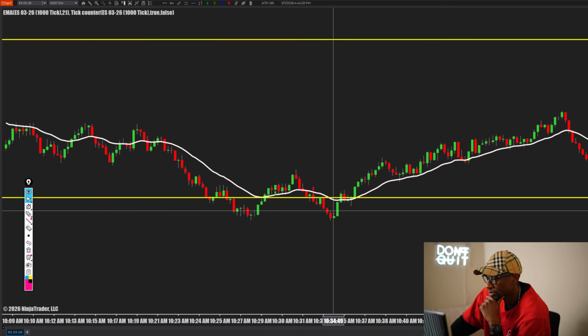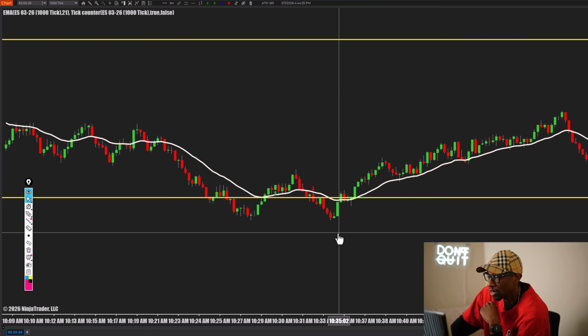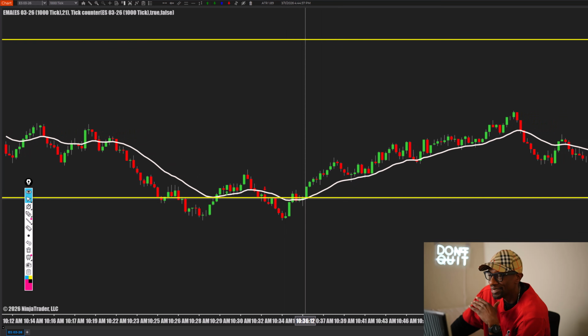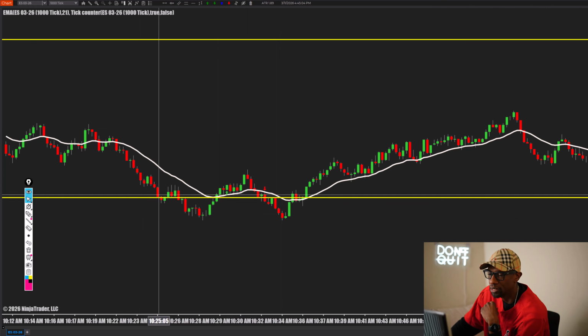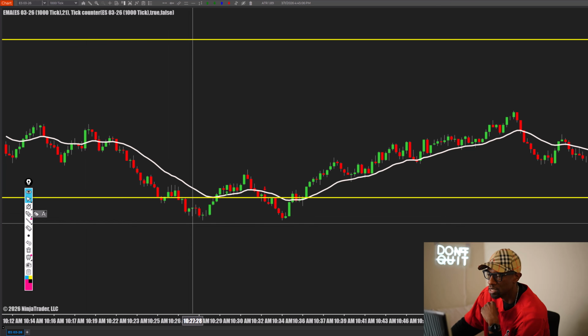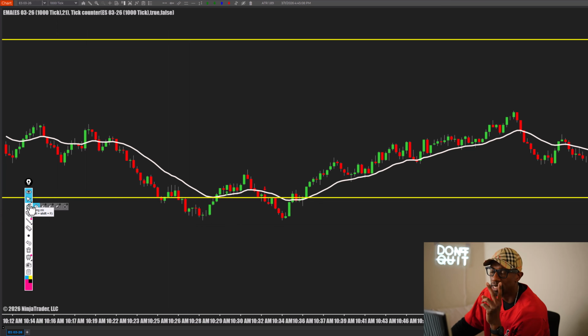Take that off. But then you don't get it, right? You're right back above it, right back inside. It broke back in again. Now here's a trick for you. When you get 2 attempts like this and it can't make it, anytime the market tries to do something twice and fails, it's probably gonna go the other way hard because it moves in twos, and it tried twice